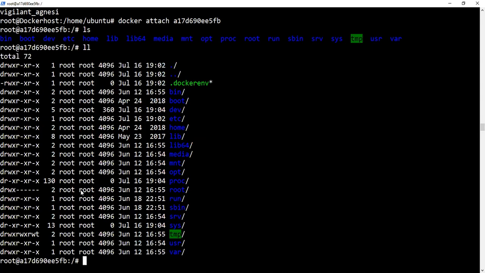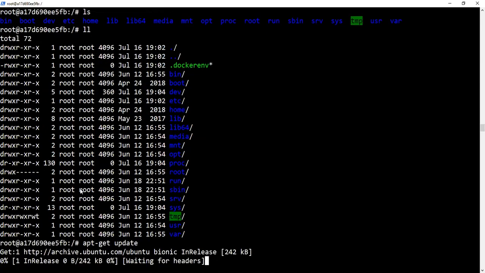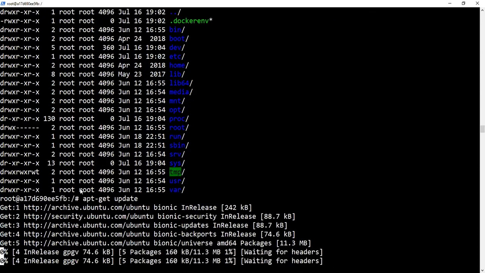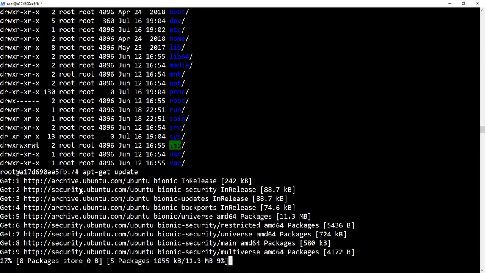Okay, you should be able to run the apt-get update command in here, which of course is an Ubuntu specific command, which has the aptitude repository and package management. So with that, you can understand that we actually have Ubuntu related applications and packages available inside this